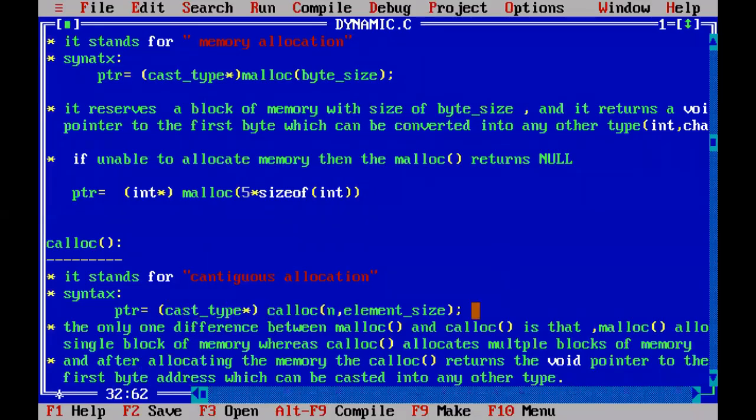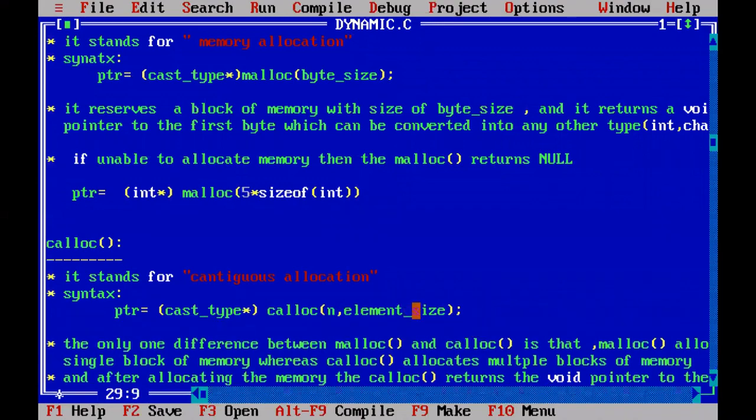So here you can observe the syntax, what it will do. First, what is the difference between calloc function and malloc function? Calloc function will allocate multiple blocks of memory contiguously, and malloc function will allocate a single block of memory, except everything else is the same. So calloc function will take the number of elements and each element size, and it allocates the multiple blocks of memory, and it returns the void pointer pointing to the first byte address in that block, and that pointer is returned to the left side. That void pointer we can convert into the integer or character type pointers, and after conversion again that pointer is returned to this left side.